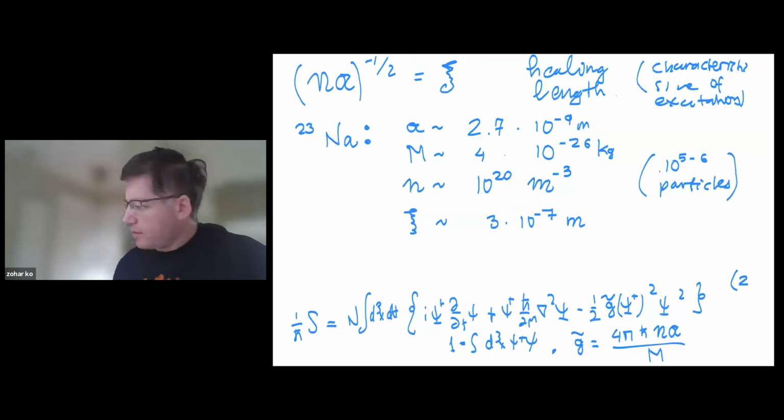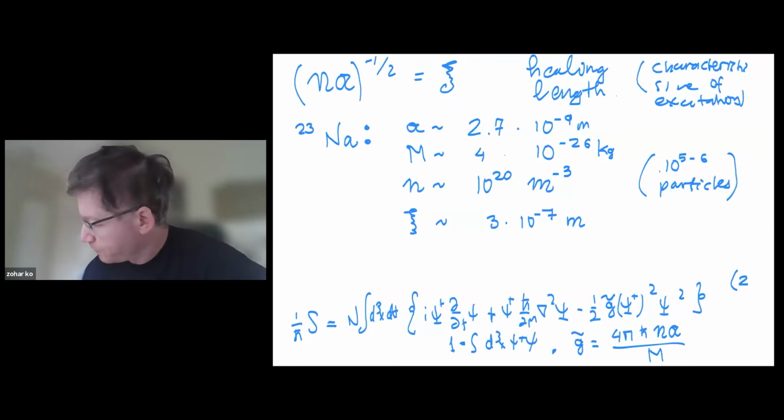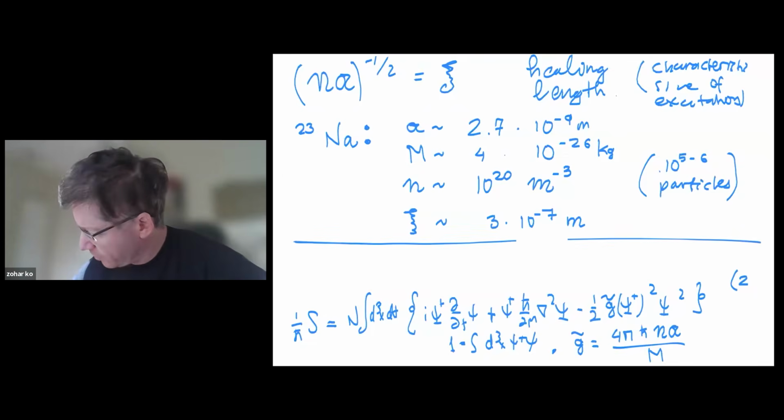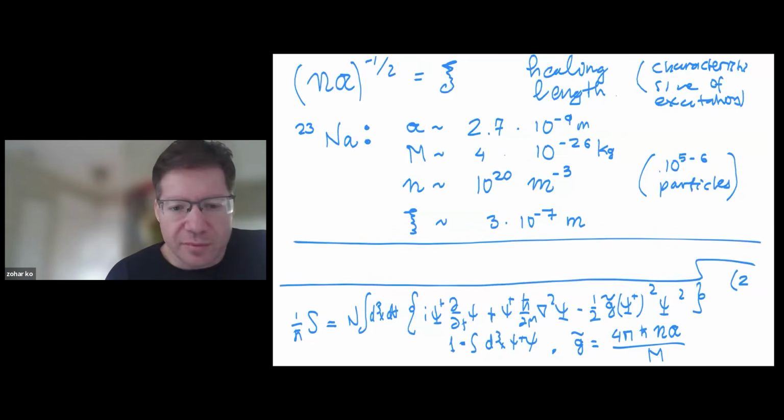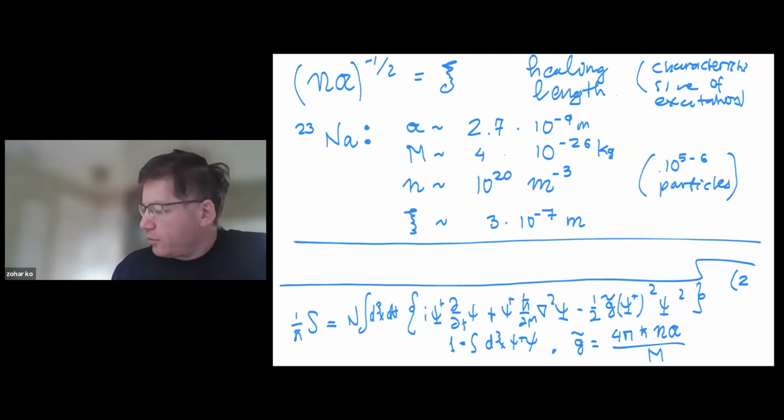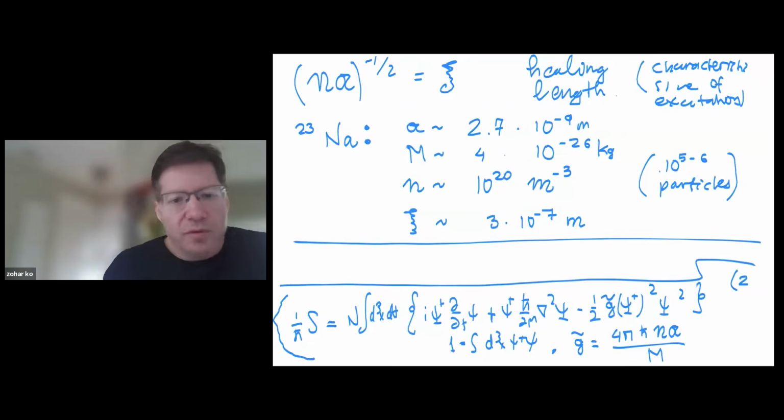Now comes the concept. This is just technicality. Now comes the conceptual point. This is maybe the most difficult point to understand in this field, and even experts are confused about it from experience. So we were able to look at this equation now, back at this equation. We were able to take the number of particles outside of the action.